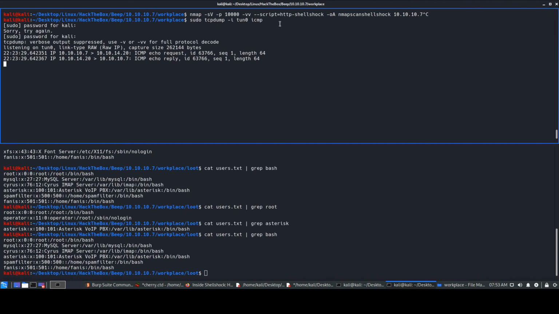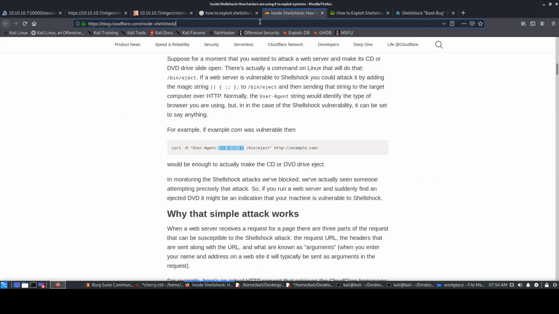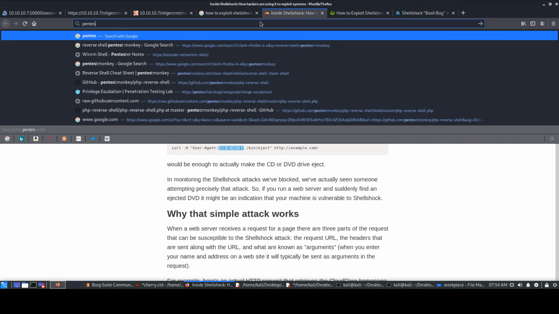So that's how the Nmap scan also works. If you guys want to check it out, you probably can go and check out how Nmap works. Okay, so this is how this entire thing happened, right? And we got the command execution done over here, the ping command. Now obviously we have ping command execution. The next thing we'll do is try and add a pentestmonkey reverse shell.